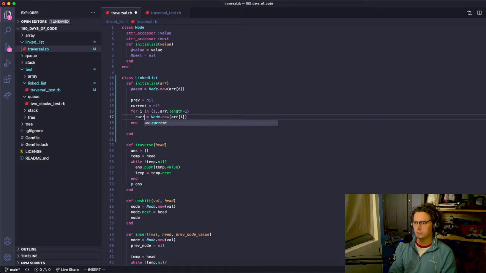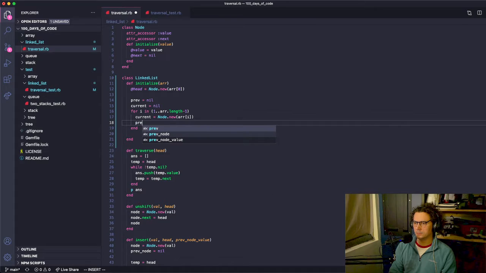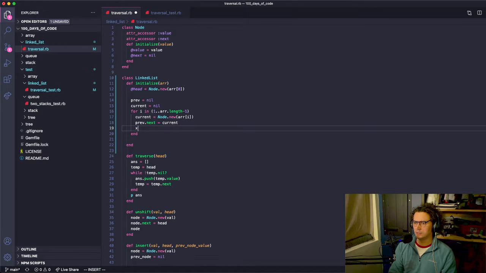Oh, I guess current will be this, and then previous dot next equals current, and then previous equals current, right? So that means current is initialized as a new node, and then previous dot next